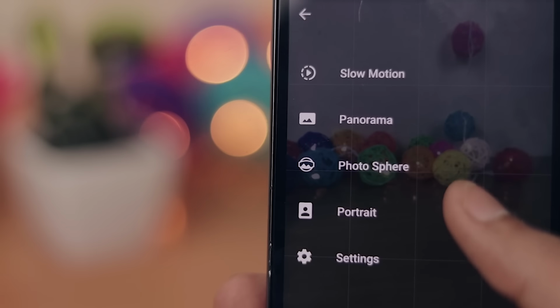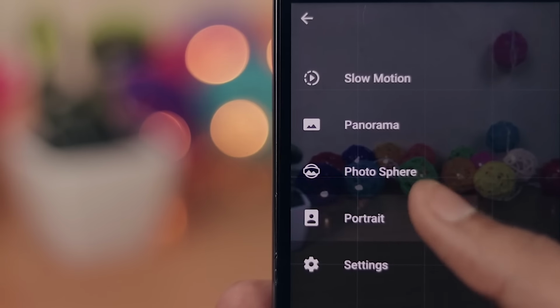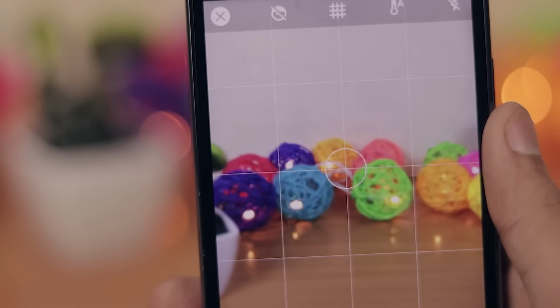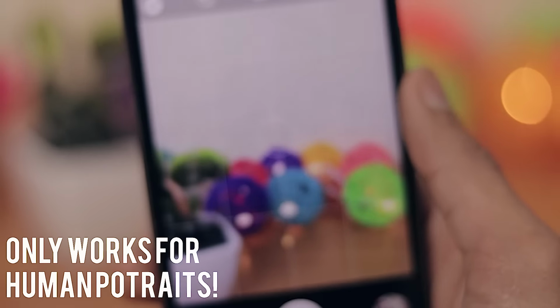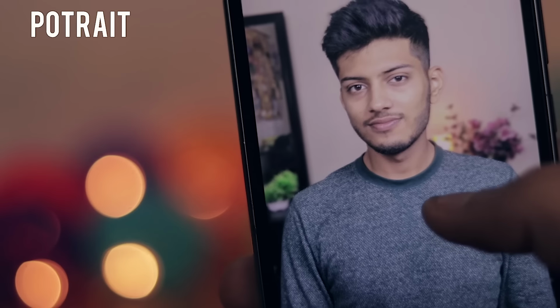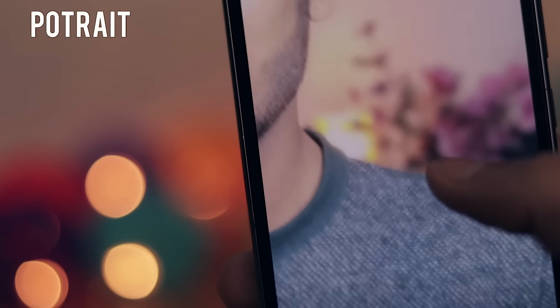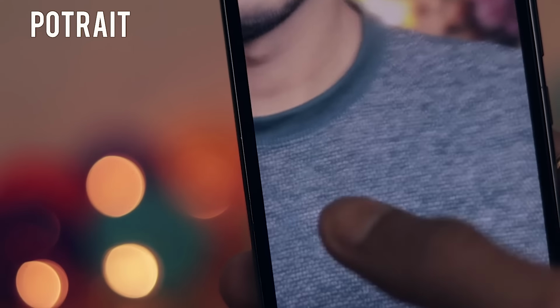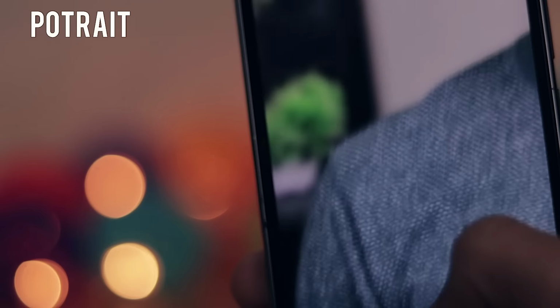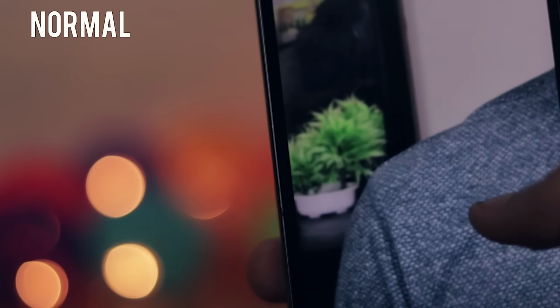Right now I've installed a 64-bit Oreo custom ROM on my phone, so that's why I'm able to use this application. If you click on the portrait mode when you swipe from the left, you can just tap once to focus and then take the picture, and it will automatically blur the background accordingly. The background blur is not overdone like we have seen on some dual camera smartphones, and also some dual camera setups that use one primary and one monochrome sensor.